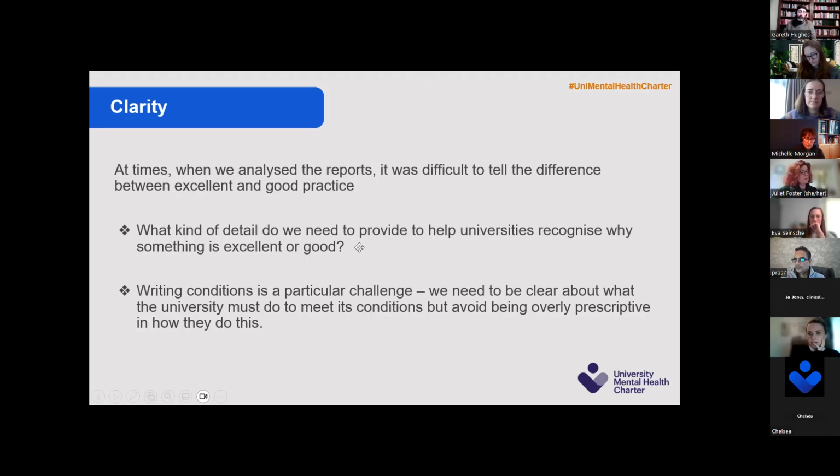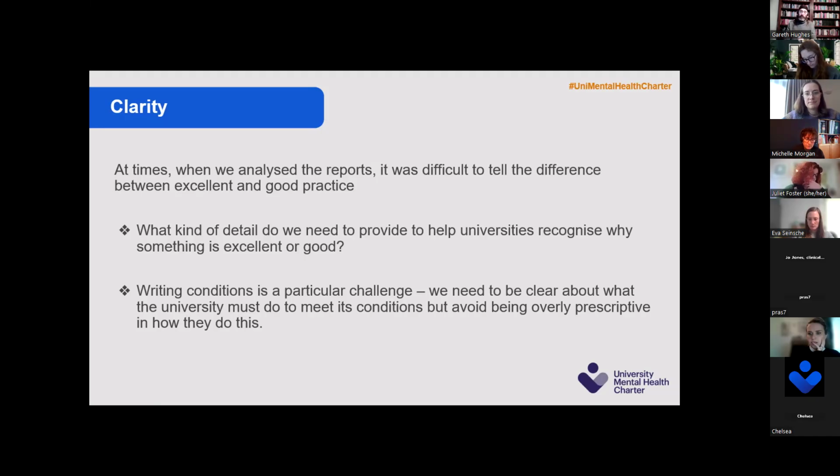Also, I think it's important when we come on to writing about conditions, because when we're setting those conditions for universities, we are setting out what you need to do in order to get the award. So we have to be really specific, so that the university understands what's being asked of it, but without us being prescriptive about how they do it. And that's a tricky balance. Let's recognize that right at the very beginning. Very often universities will either want to say, just tell us how to do it, or you're being overly prescriptive, I thought this wasn't a prescriptive exercise. So finding that sweet spot in the middle is really important.